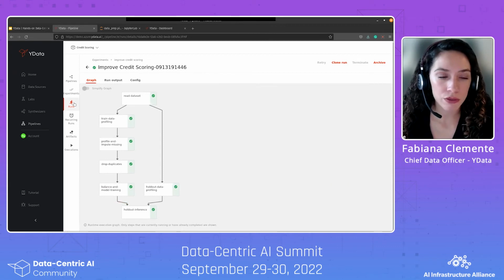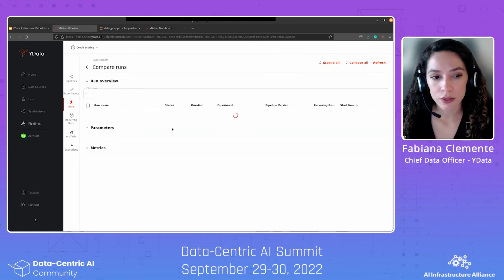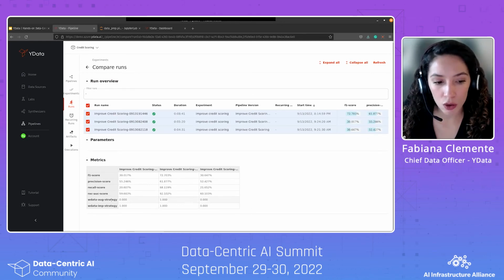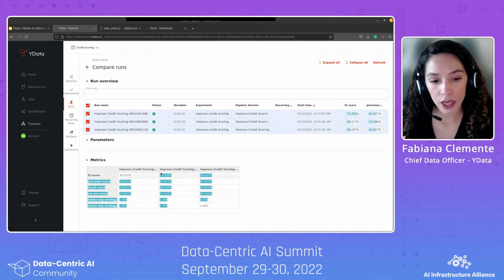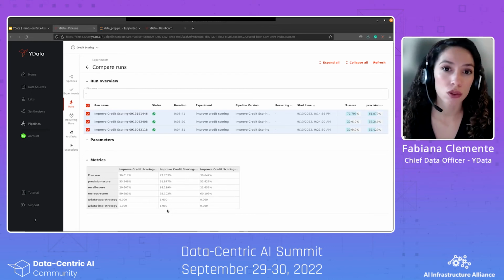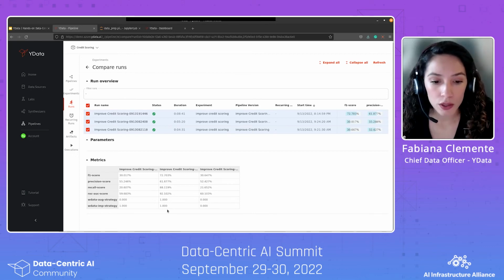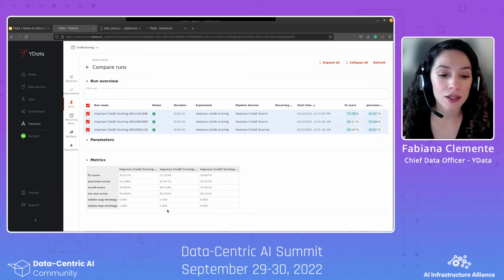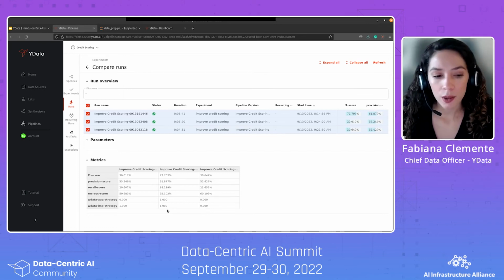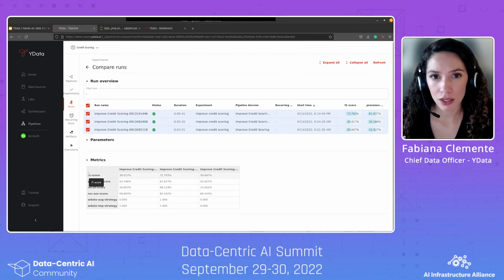So getting back to our different runs and to the results at the level of the holdout, which are in the end the most important ones, we can see definitely that for this run, where we have decided to augment and impute the data set, we have achieved a very good result. As this is a problem where we want to be sure that we are not giving credit to the wrong customers, or let's say the customers that will more probably not pay, we want to emphasize the importance of metrics like F1 score, and definitely we will give more importance to the precision. And having a look at both of those metrics, we can see a clear and big improvement from just augmenting the data set, or in this case, balancing out the least represented and the most represented